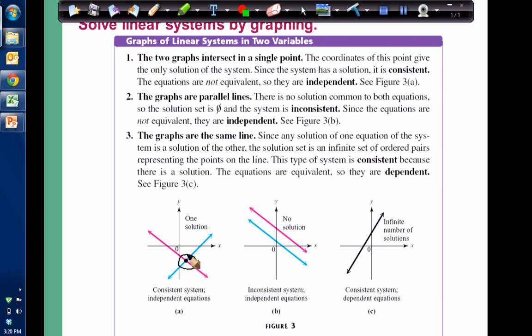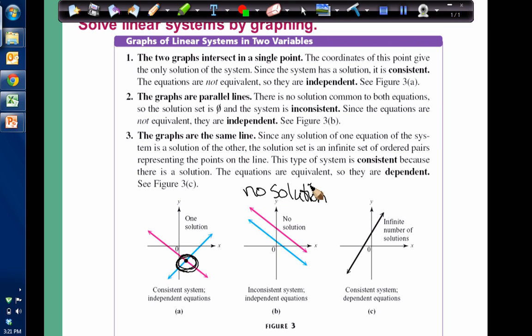This point where they intersect is the solution to the system. That's all we're looking for really. If we graph our two lines and they're parallel, they never intersect one another, then there's going to be no solution, because there's no point in common between the two lines. So this would be no solution